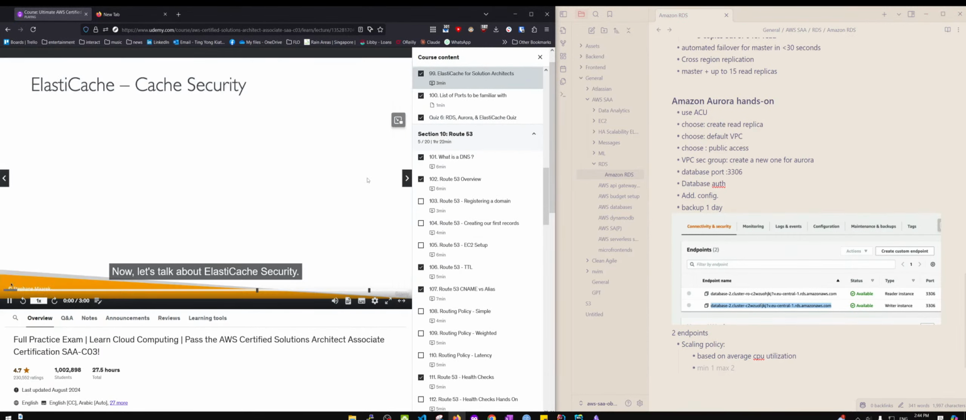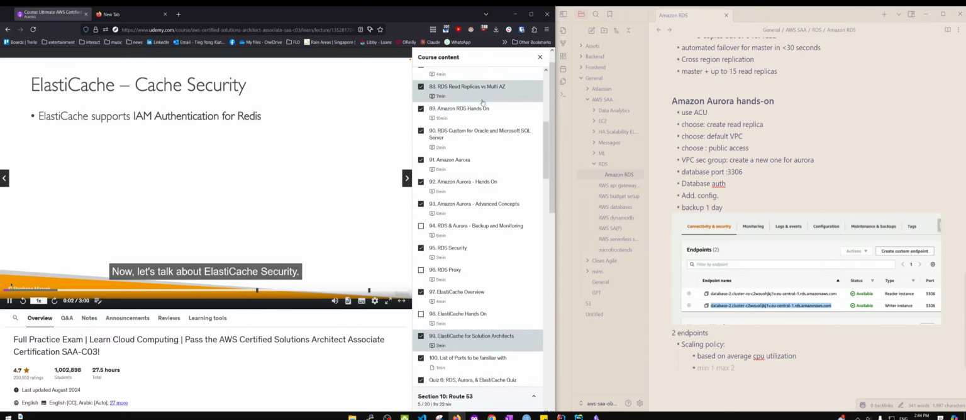Let's talk about Elasticache security. So Elasticache supports